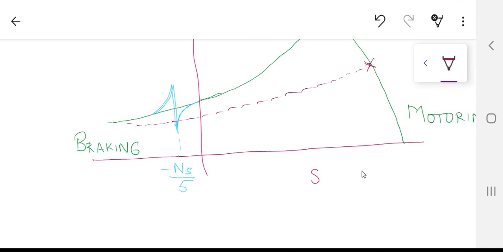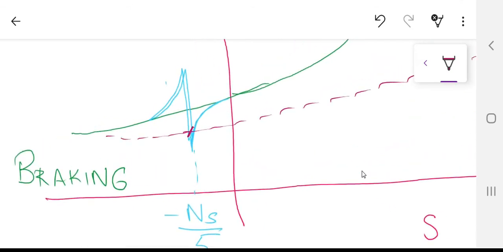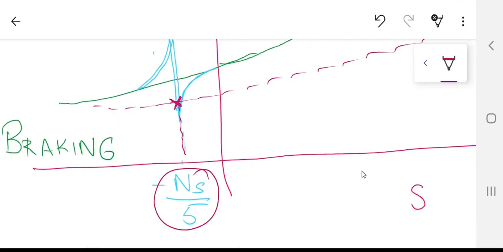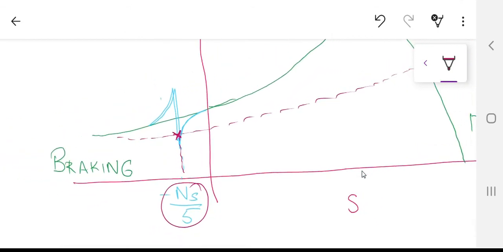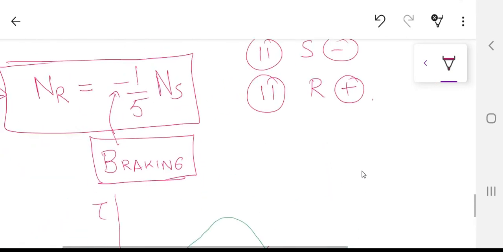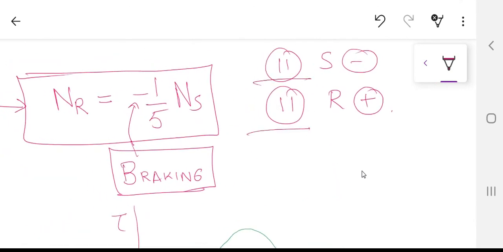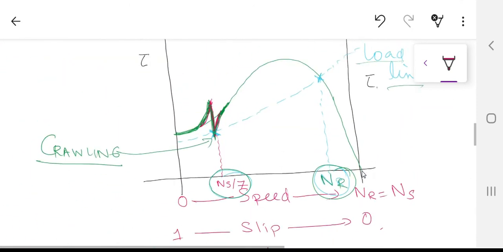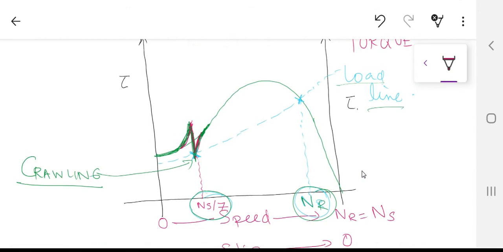We wanted that machine to be working at this point, but when we were trying to brake this machine, a point came where the torque was being met, and the motor started to work at minus ns by 5, which is certainly again a stable condition, and the machine will still be working at that point. But this is crawling, and this is crawling because of the harmonic synchronous torques at this point. Remember, this is being produced because of the 11th harmonic from the stator and 11th harmonic from the rotor, but this is happening inside the braking region. Just now I told you in the induction motor, this was happening in the motoring region, and this was because of the 13th harmonic, and this one was happening at 7.